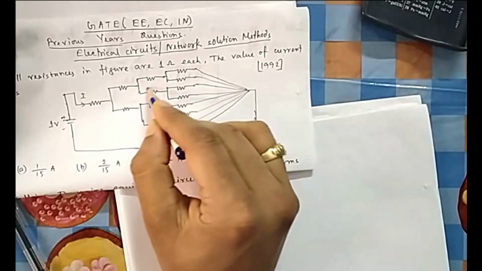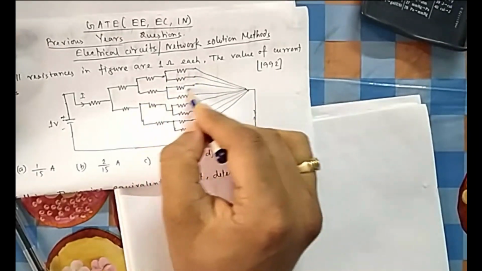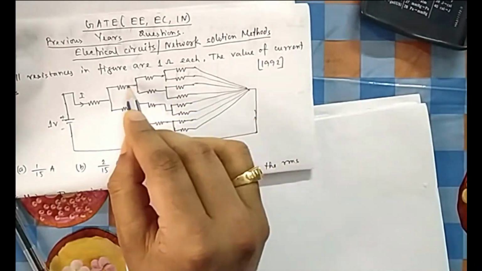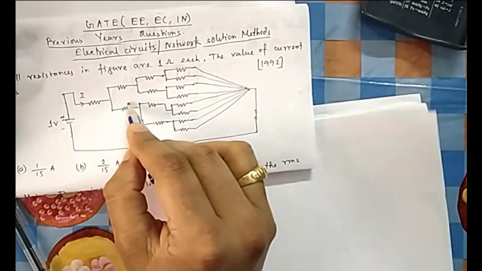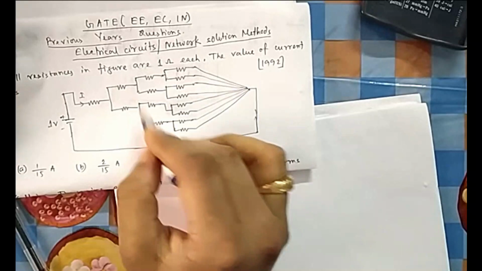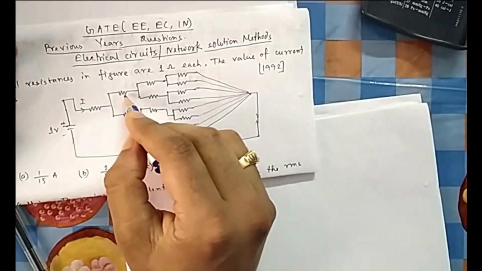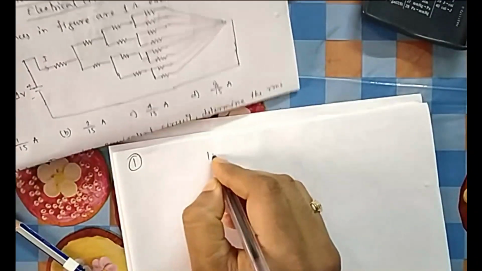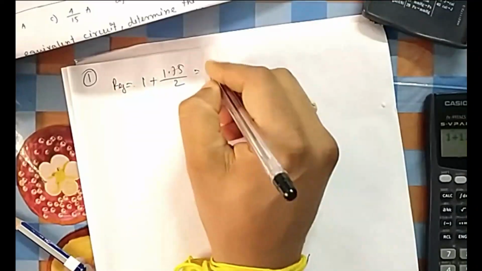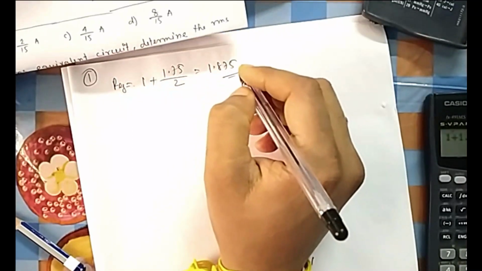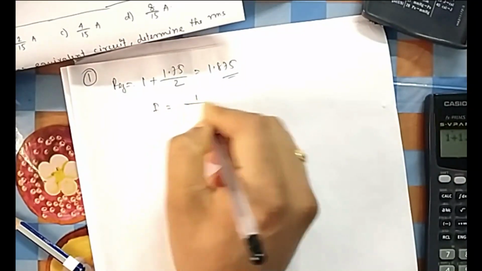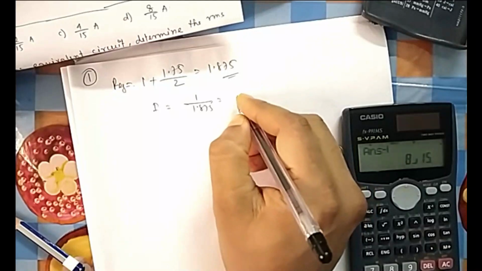So this branch is equal to this branch. Both are same. So 1.5 parallel with 1.5, so again 1.5 by 2, which is 0.75. So 1 plus 0.75 is again parallel with 1 plus 0.75. Both sides are symmetric. You do 1, then the rest you can automatically do. So it will be 1.75, 1.75 parallel, so 1.75 by 2, plus this one. So this is the total R equivalent, 1.875. So if your R equivalent is 1.875, then what is the current I? I is equal to 1 by 1.875, which is equal to 8 by 15. That is your option D.